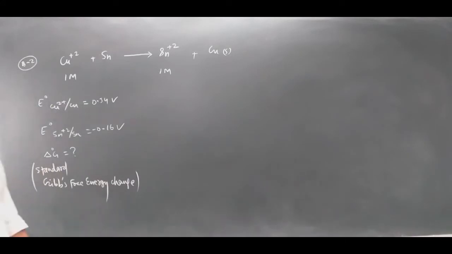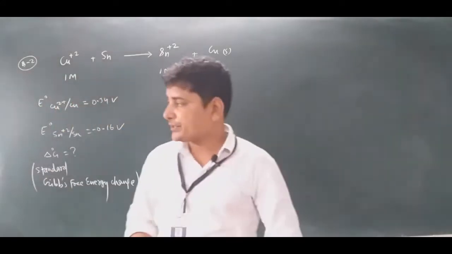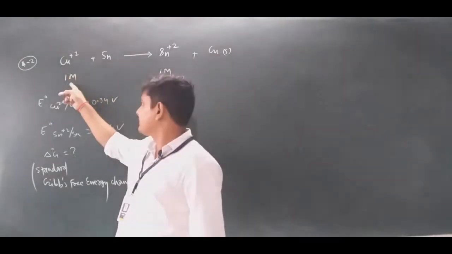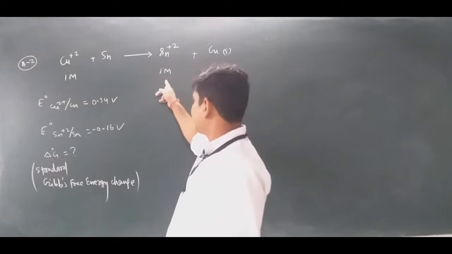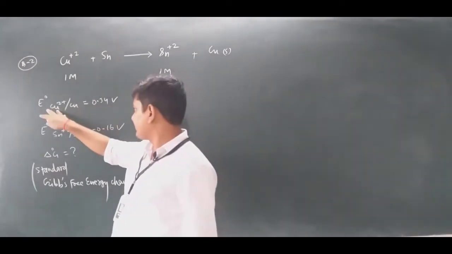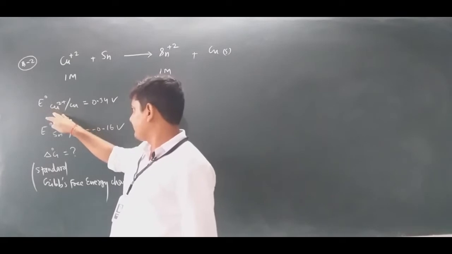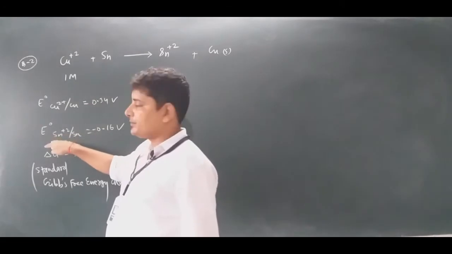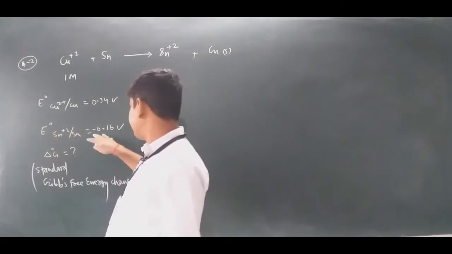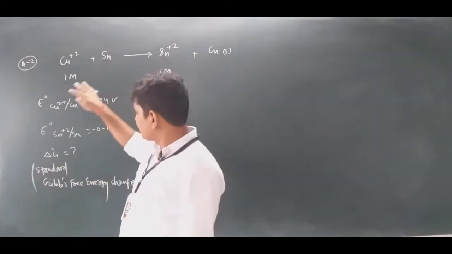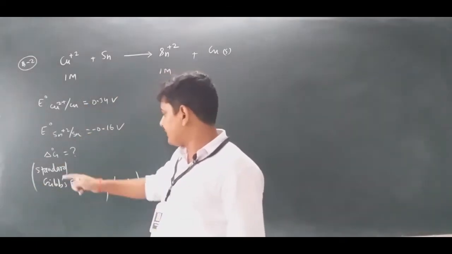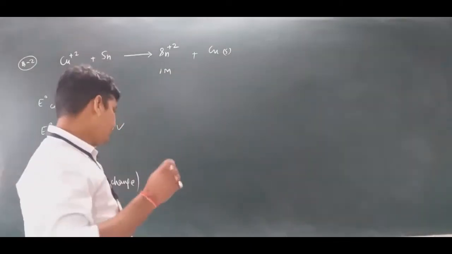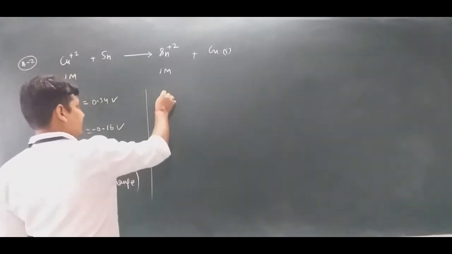Standard Gibbs free energy change means what is given in the question. Actually there is a reaction and the concentration of this Cu2+ is 1 M and this Sn2+ is 1 M, and the standard reduction potential of this copper is 0.34, and standard reduction potential of this stannous is minus 0.16 volt. These all data are given, and according to this they are asking what is the standard Gibbs free energy change. How can we solve this? We have studied in the class that